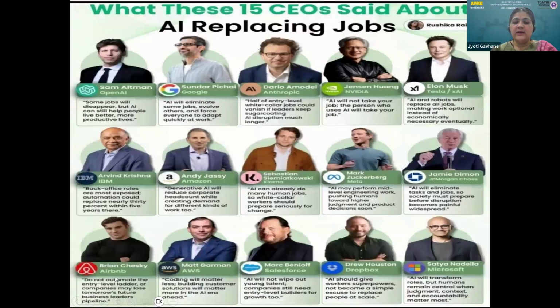Now, this is one of the posts I have received. Why are the CEOs saying that AI is replacing the jobs? Not all the CEOs agree on the same opinion. So you can see the different opinions about this statement. Somewhere, yes, you can adapt and adopt the technology. The meaning or the summary of all those CEOs is nothing but that